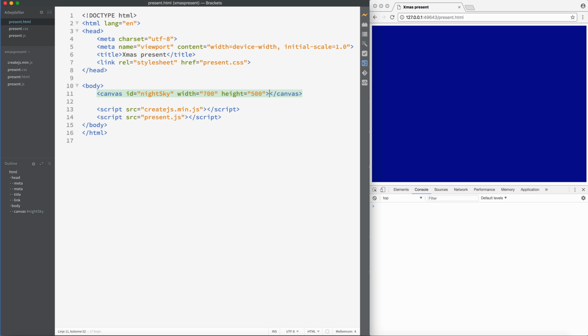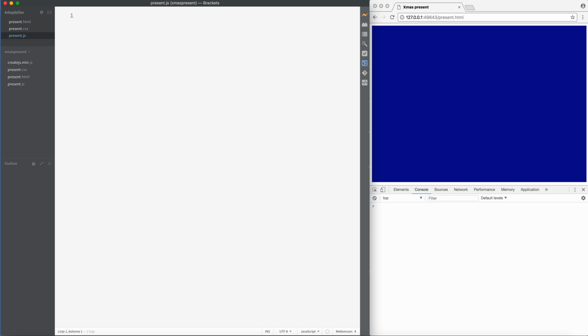Now we need the JavaScript to use this canvas and add snowflakes to it. I've already added it here, so let's go into the JS, and just to make sure, we're going to do the usual stuff: we wait until the window has loaded everything. And then when we are ready,